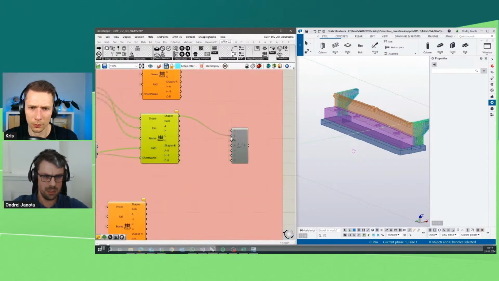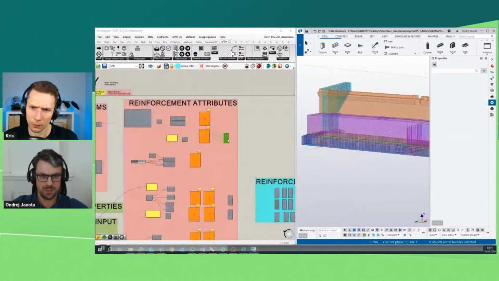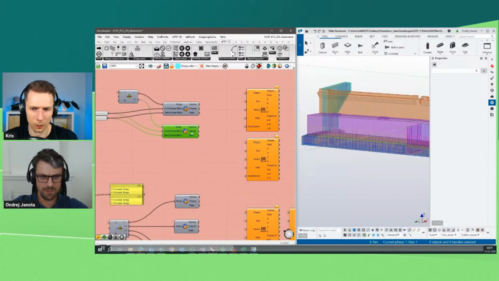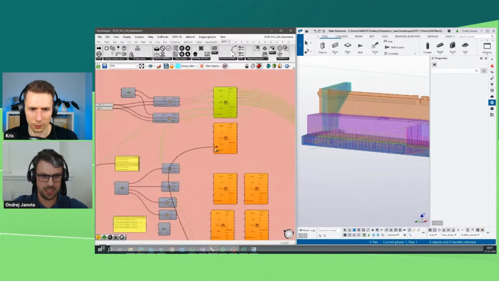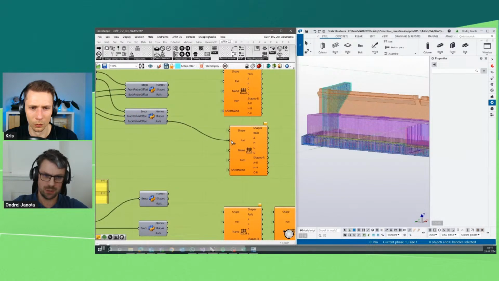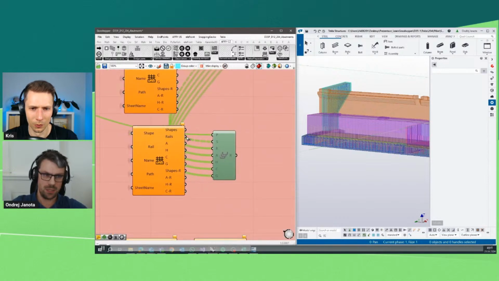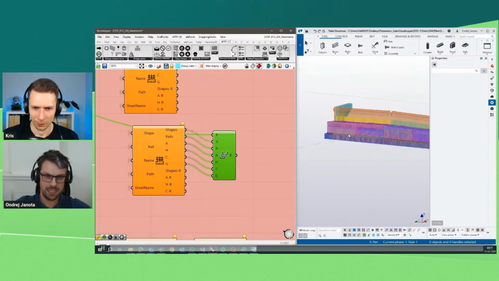So we copy all the workflow once more, and we just alter the input. Of course, it's not say the magic workflow. Sometimes you have problems. For example, if you copy your data from one to another part of the structure, sometimes Rhino reindexes the vertices on your brep, so you need to go across your script and do some update, or Tekla flips the direction of cover side for your